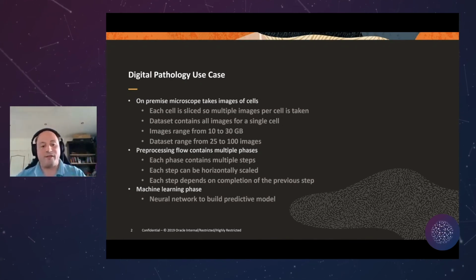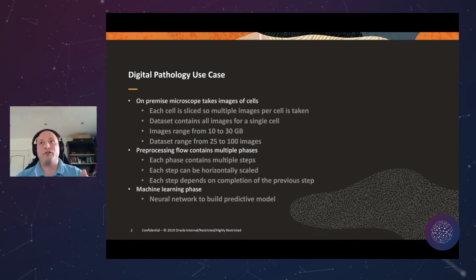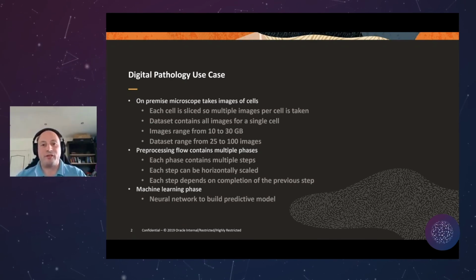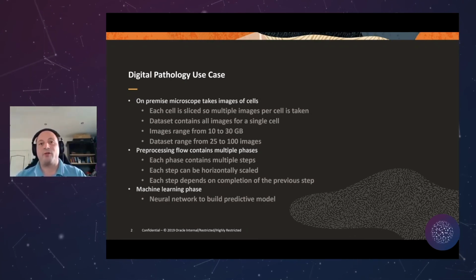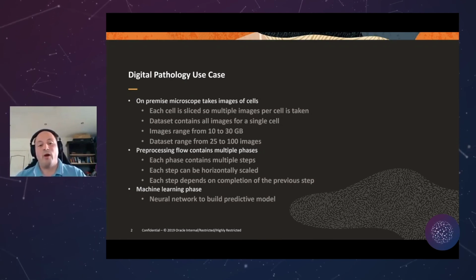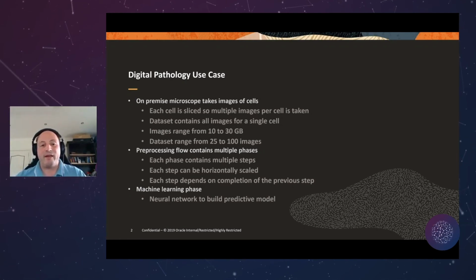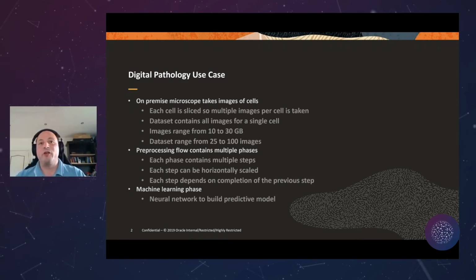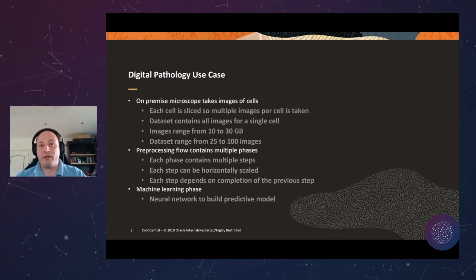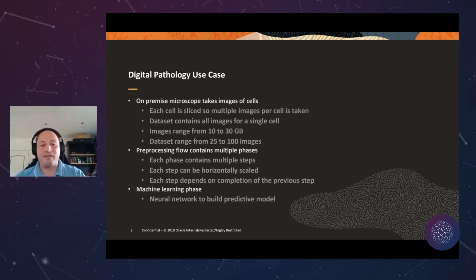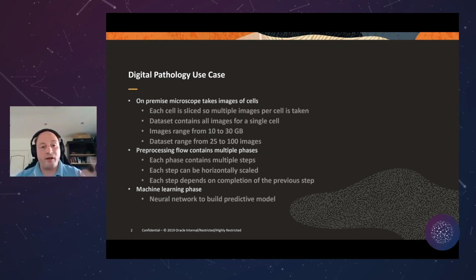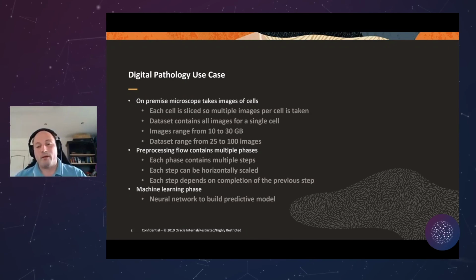But with these customers, and I think most customers will do the same thing, you're not only doing one model. You typically use a grid search to find the most optimized model. And with neural networks, it can take a lot of time. So you want to have some sort of orchestration where you delegate these permutations of your grid search to the different compute instances. And that's what we built for them. We built them a tool where they can define their study with the permutations and the size of the data sets. And then we set up the entire infrastructure and we delegate all the work completely automatically for them, which is really